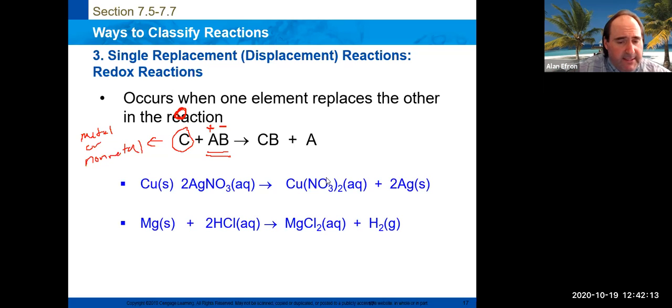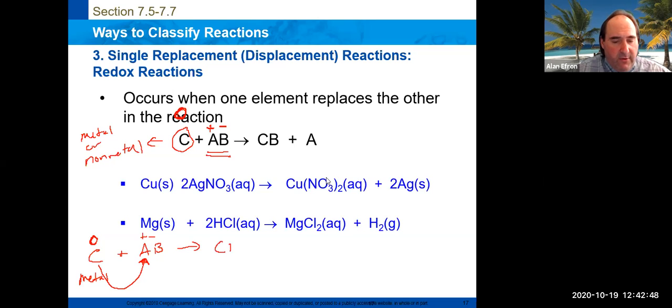And what happens is it kind of depends. So if C is a metal and it reacts with our ionic compound, although this metal, when it starts, has no charge, because it is a metal, metals typically will become positively charged. So it will come in and kick out the positive guy in that ionic compound. And when it does, it's at that point that the C in this example will gain a positive charge, and